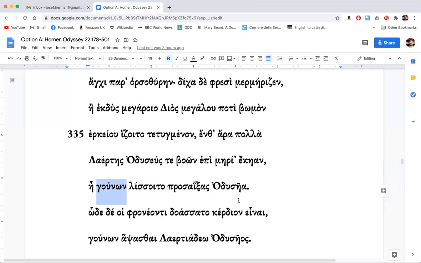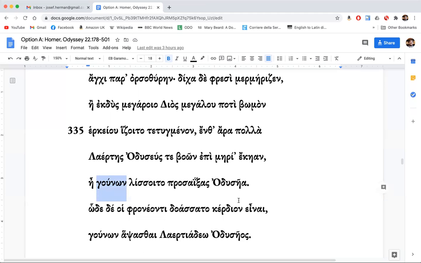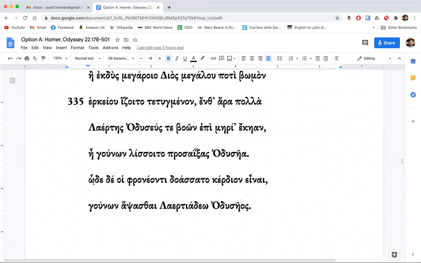In other words, Phemius is considering 2 options. Option 1, just sit next to Zeus's altar and pray that Zeus will protect him. Option 2, rush over to Odysseus, grab his knees in a gesture of begging or supplication, and hope that Odysseus spares him, allows him to live. And then Homer tells us what he decides. He says,